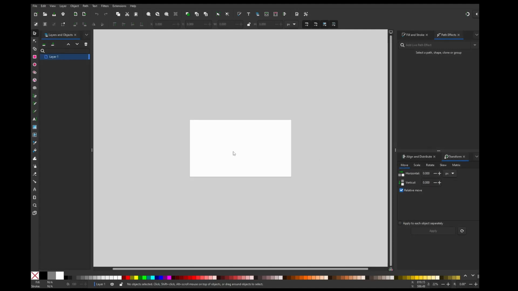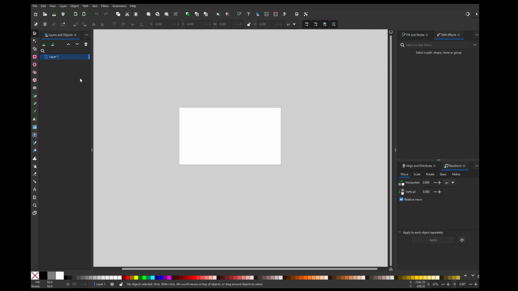Okay, in this video I'm going to show you the review of the new path effects panel. It's totally reworked, and it works like that: if you select an object, it's going to show you that you selected the object. We also added this search bar, which you can search for any effect, so for example tiling,